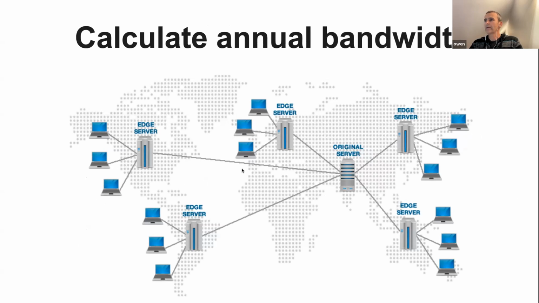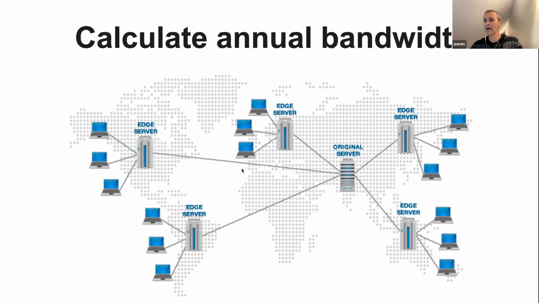So how do you figure out what your annual bandwidth is? Just some recommendations here. I think the easiest thing to do, if you're using a CDN, a content delivery network, is that most of them will include some sort of reporting that will enable you to pull out this type of metric. Or if you aren't using a CDN, but your application is fronted by a load balancer, generally load balancers will enable you to get this kind of data. In a pinch, if you're using an analytics solution like Google Analytics or something similar, you can also calculate that data from there.